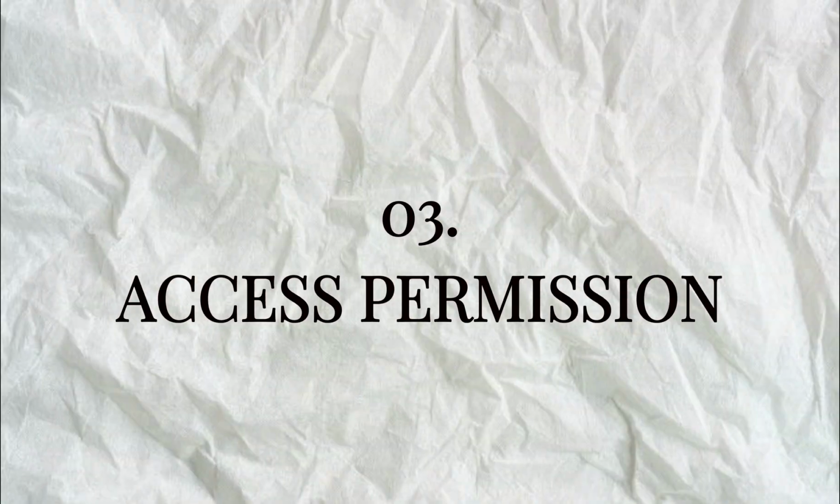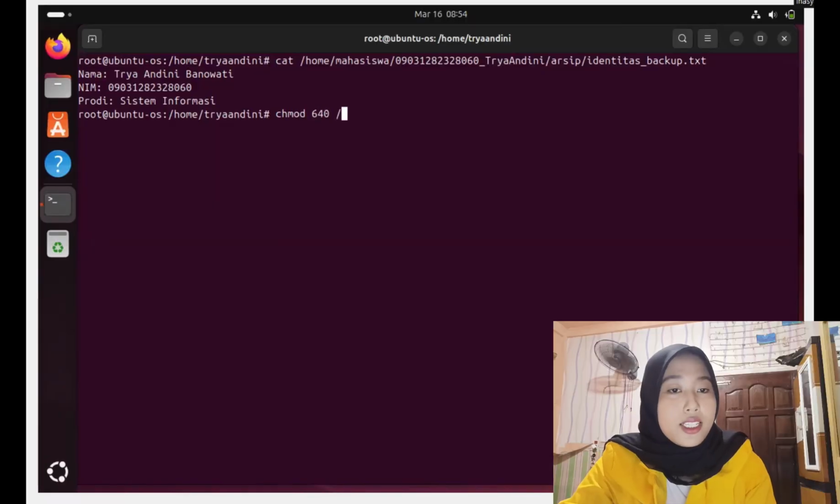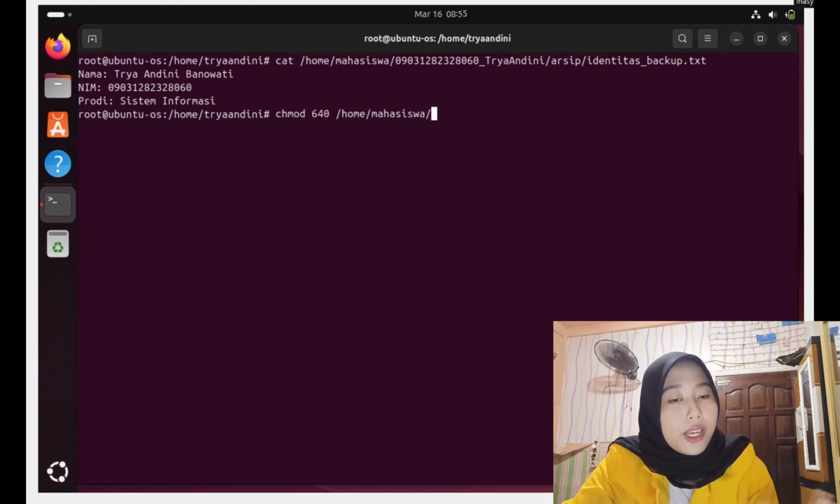The next part is access permission. Now, let's work with file permission and ownership. The first step is to set file permission for read and write for owner, read for group, and nothing for others with the command.